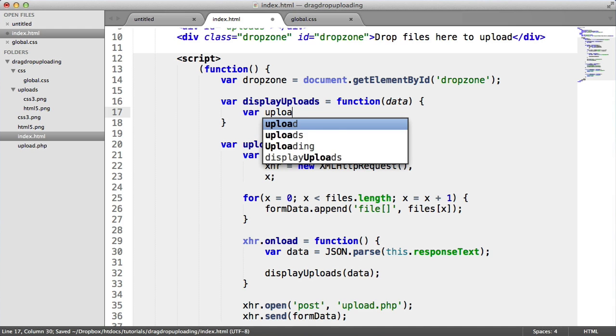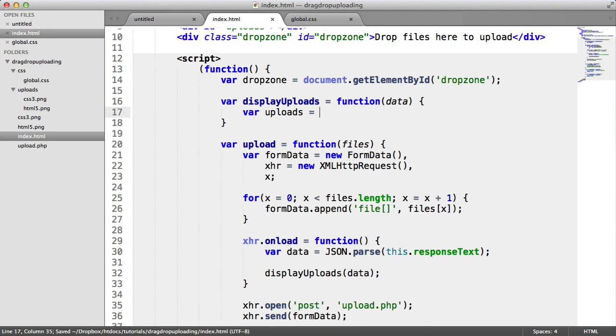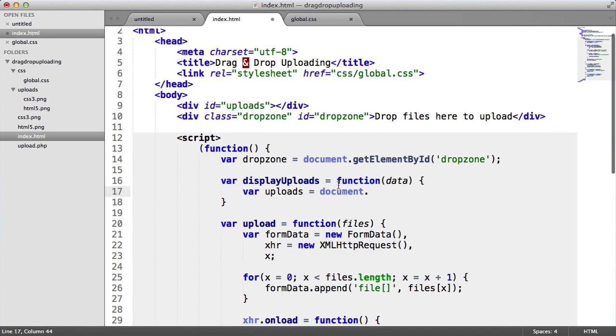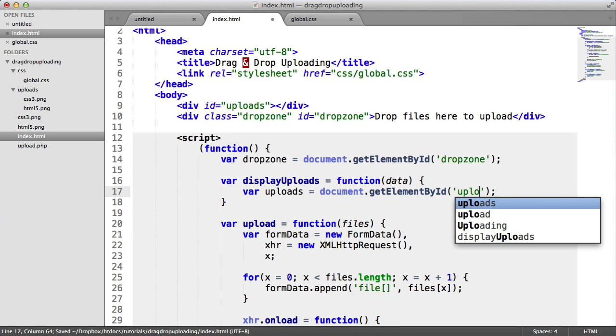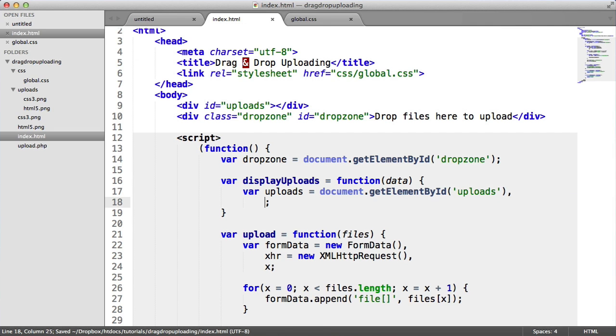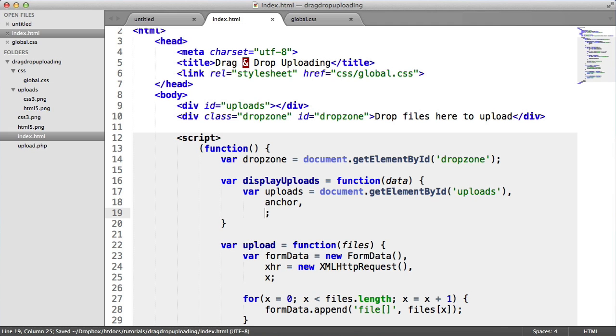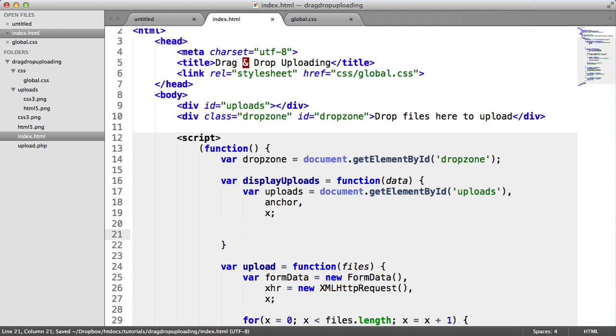So I'm going to create a selector for the uploads area that we created up here. Remember, we can get that by the uploads ID. So we say getElementById, uploads. Perfect. We also want to store an anchor variable, which is going to be, for each loop, our newly created A element, so our anchor, and also an x,